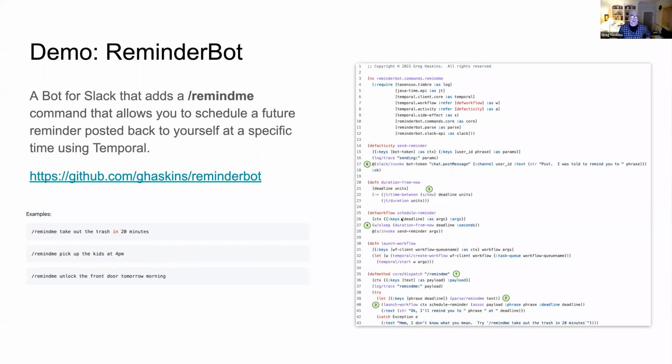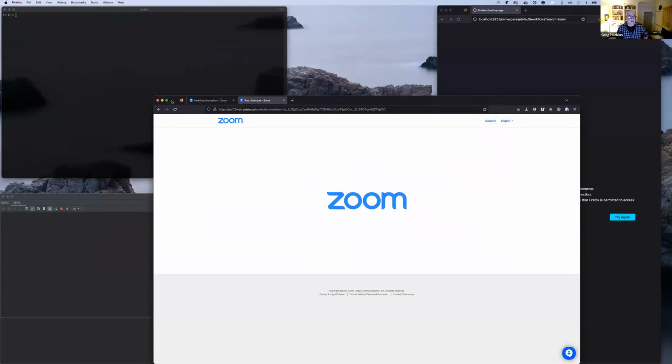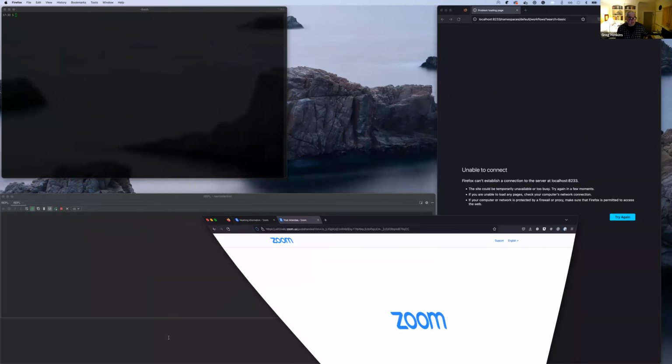So anyway, this workflow is super simple. It just sleeps for some number of seconds and then invokes the send reminder activity, which of course just calls Slack to post a DM. So what I'm going to do now is just show you guys this in action. Let's see here if I can